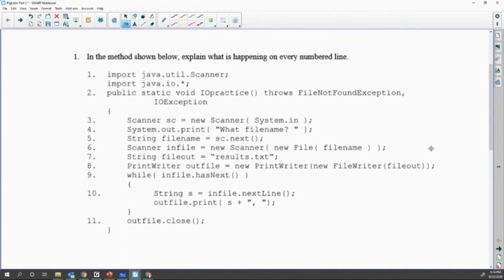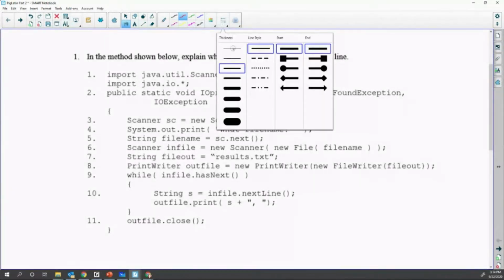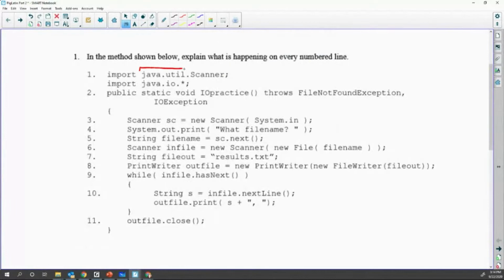Number one, what is it doing? It is importing the Scanner class. You need to know the two different parts there. java.util means the package name. Where is the package? Inside of the Java installation